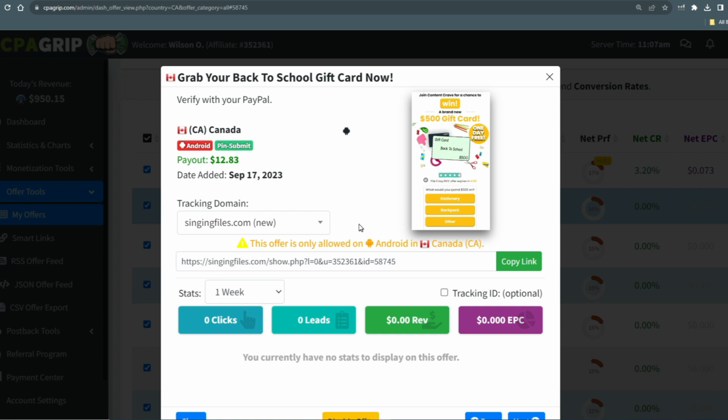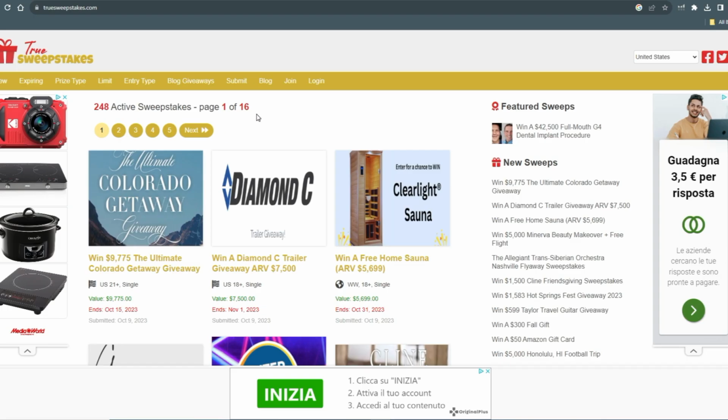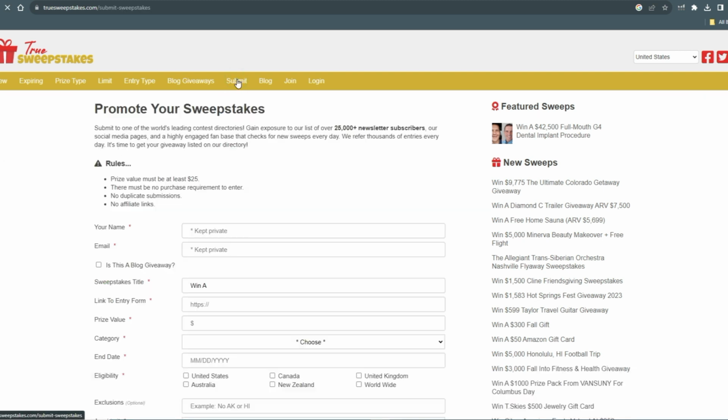What we need to do is to click on the button, and we're going to have a little window just like this. Once you have a window just like this, we want to leave it the way it is, and now we want to return to sweepstakes where we actually created our account. Once you come over to your account like this, what you need to do is to come back to where it says submit. Hit on that button, and then you're going to have this dashboard just like this where you are going to